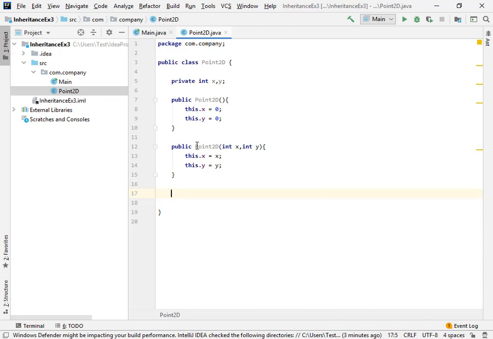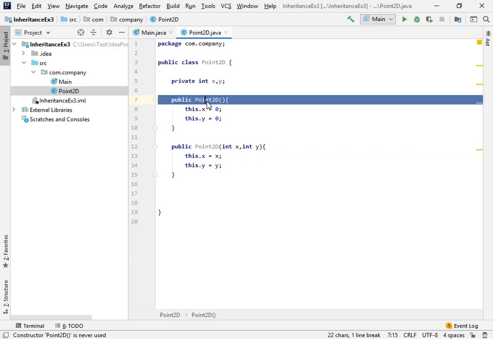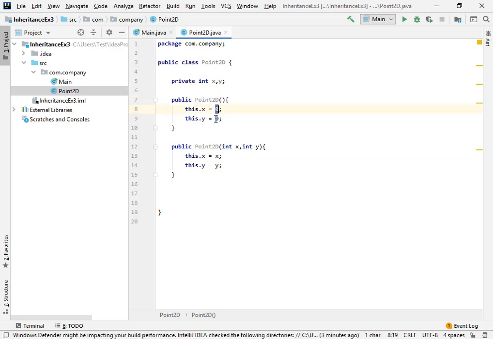I know that we have created the constructor, but what if we call this constructor, right? If we call this constructor, then there would be the default value 0. So how can I then set the value? We also have to create a setter method, so we can set the value later on if we create an object by using this constructor, right?